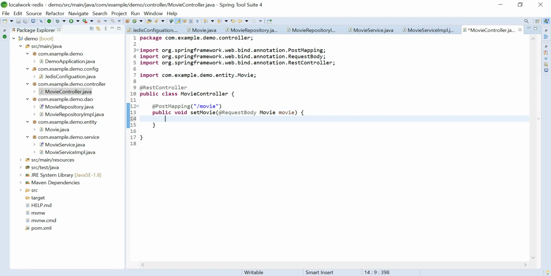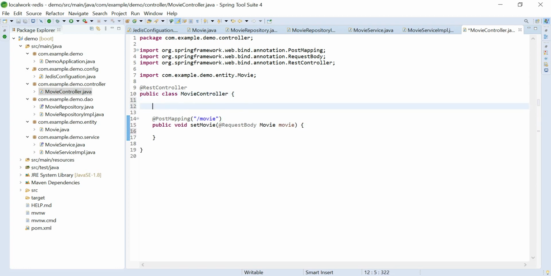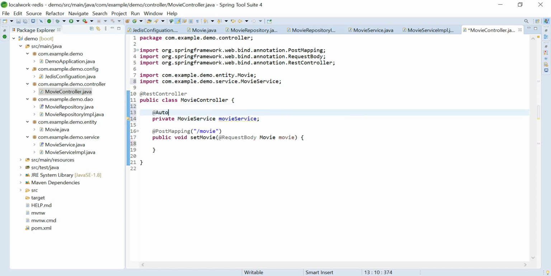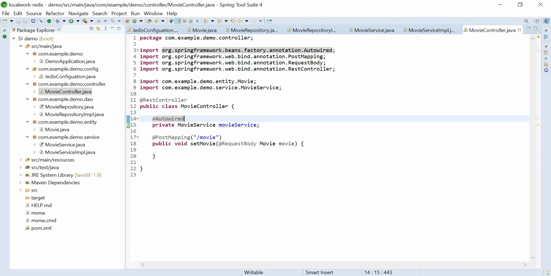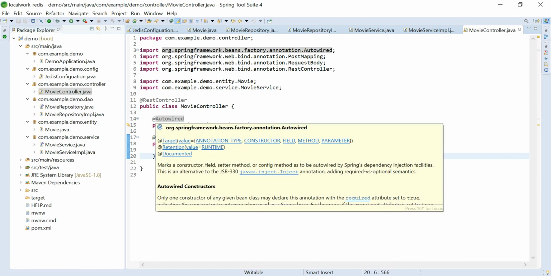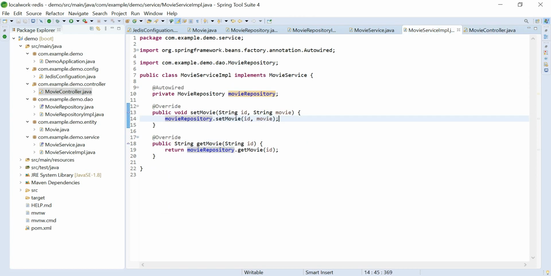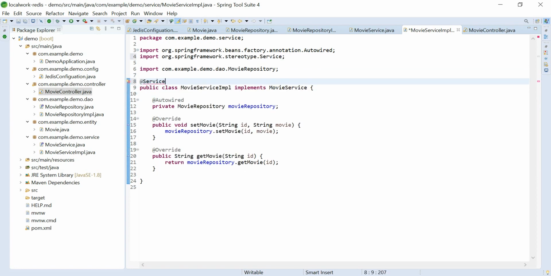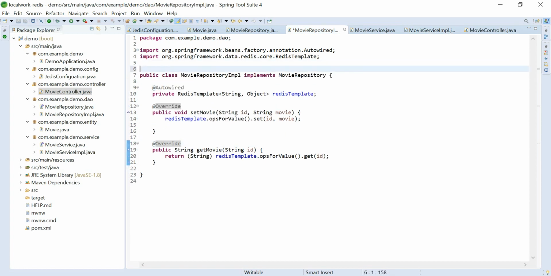Here we need to provide our service class. One thing, guys: as we are autowiring this, we need to annotate this service IMPL with the Service annotation, so that it is available for autowiring, and the same for the repository.